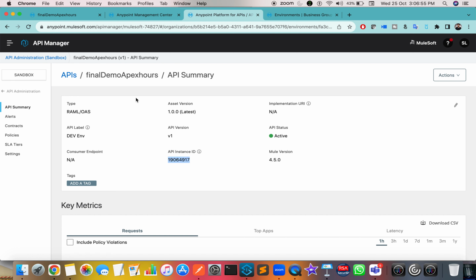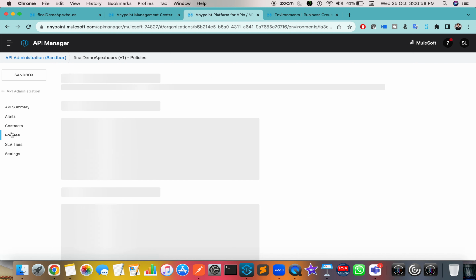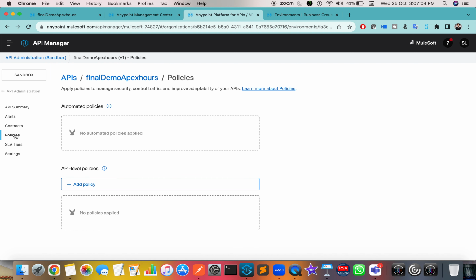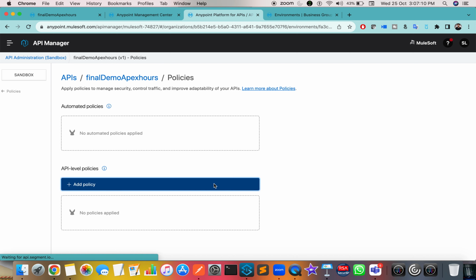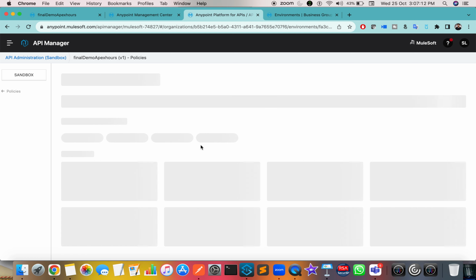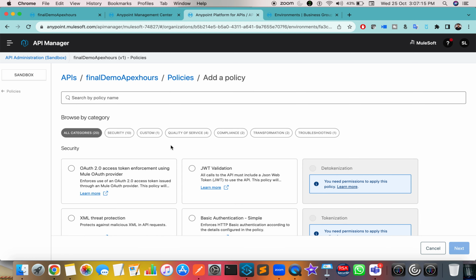For that, what you have to do is go to the policies section here. You can find a number of policies. Okay, but for now I will show you only two different policies. There are many policies. All that you have to do is, you don't have to write any code. Click on add policy and choose the policy type you want. For now I will keep basic